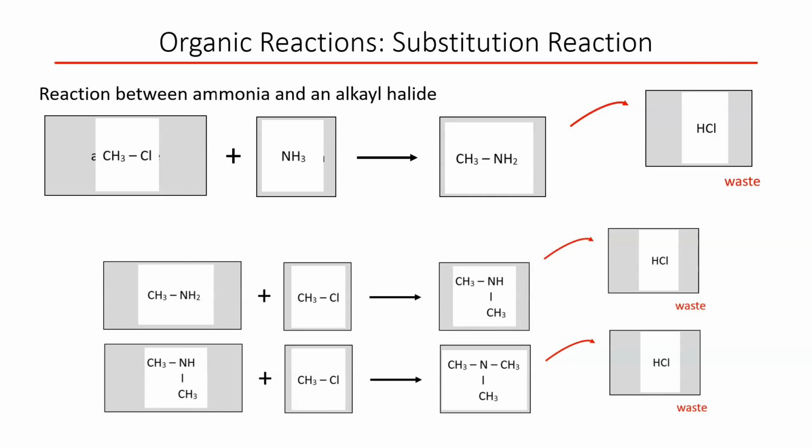But I could take this, what we would call up here my primary amine. It's called a primary amine because I only have one acyl group on it. And I could react it with another acyl halide, and that would give me a secondary amine. And then I could take my secondary amine and react it with an acyl halide, and it would give me a tertiary